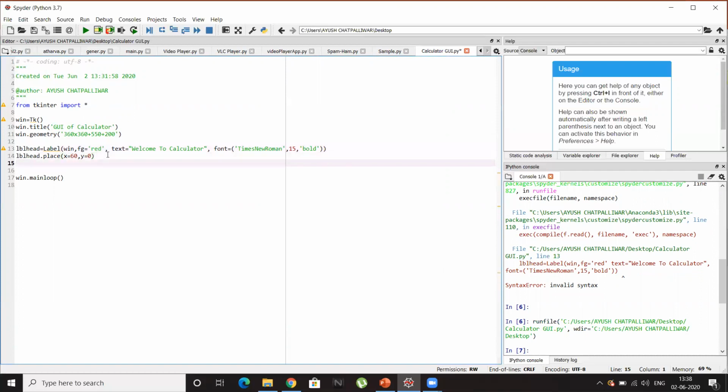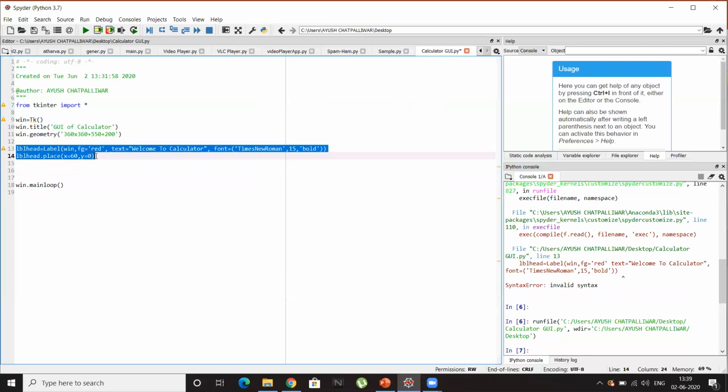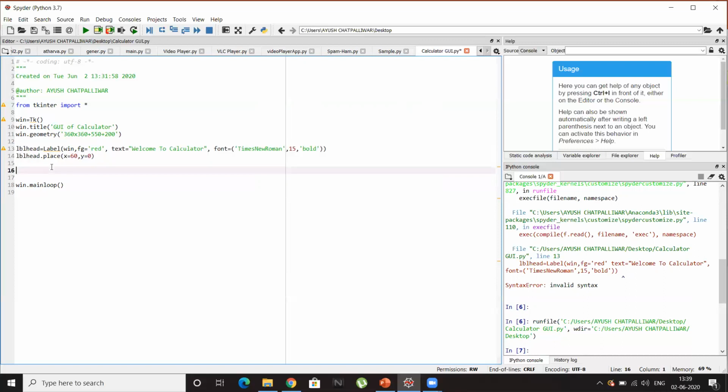Now we shall go for another label. We need another label so that we can instruct the user to enter the first number in our calculator. So I'll copy the label coding and paste it here and change its name. Since it is our label for the first number, I'll give lbl_num1.